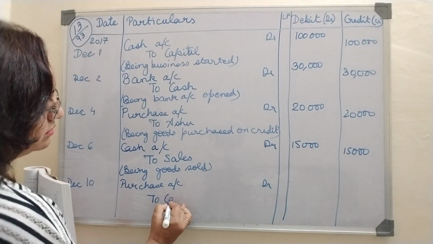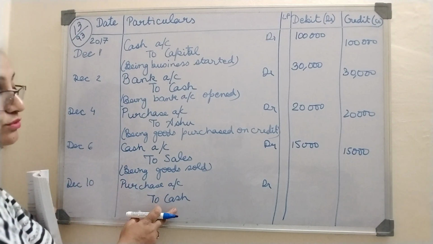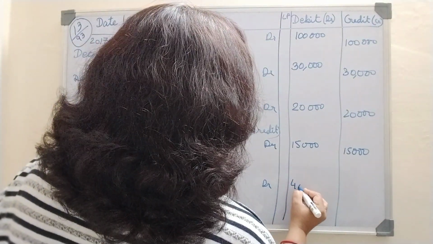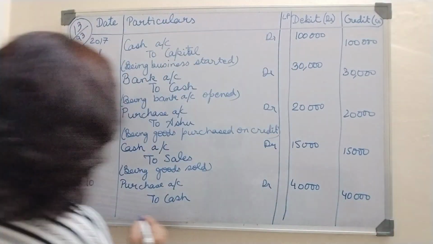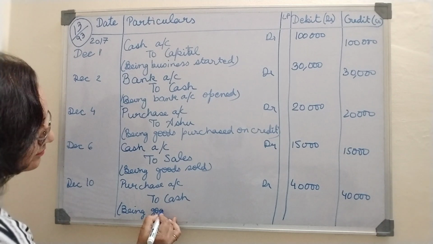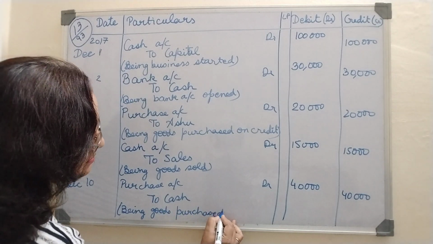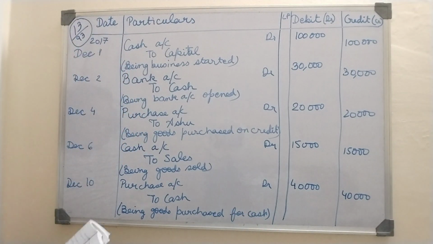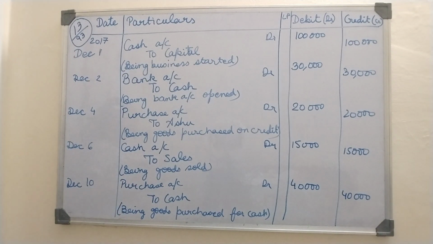What has gone out? Cash. Whenever we are doing any purchase for cash means we are paying cash. So credit what goes out. So purchase account debit to cash 40,000. Being goods purchased for cash, right? So here we are done with entry till December 10th. Now next we have